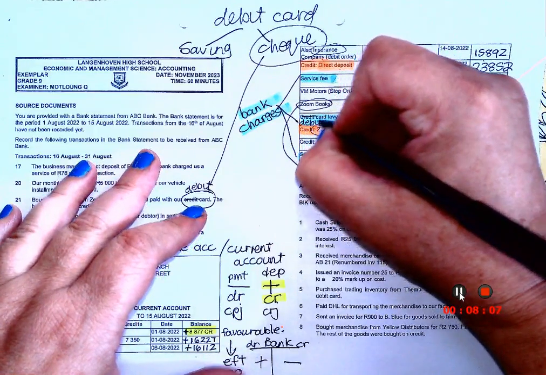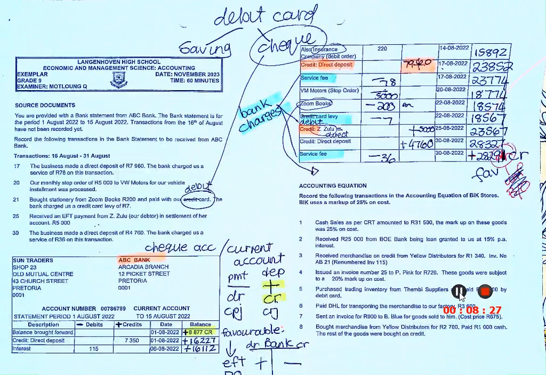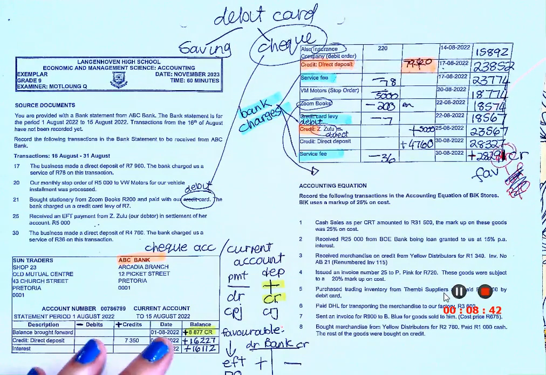Did you know that every time you swipe your debit card, they charge you? Serious. And that is why a lot of people would take a package deal at a bank, meaning they will say, every month I pay 200 Rand, and that includes, because for every debit order you pay a fee, for every stop order you pay a fee, for literally everything they do for you, you pay a fee. Everything, the cash send, everything they charge.